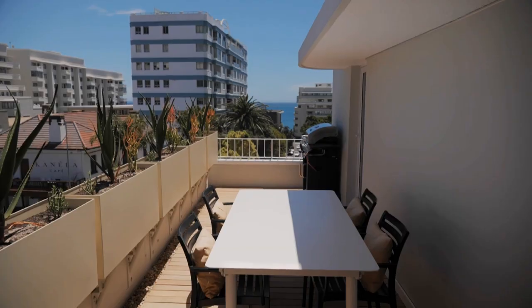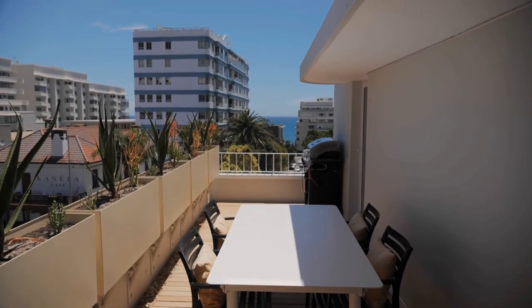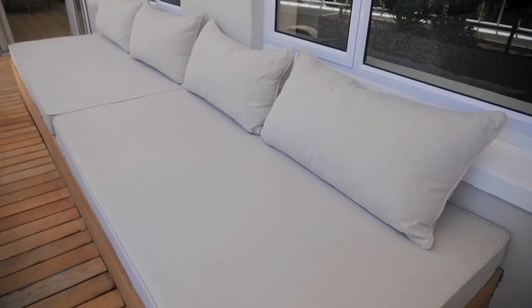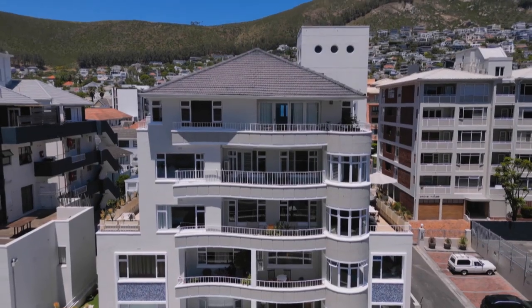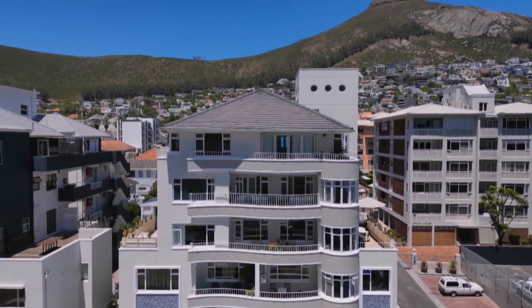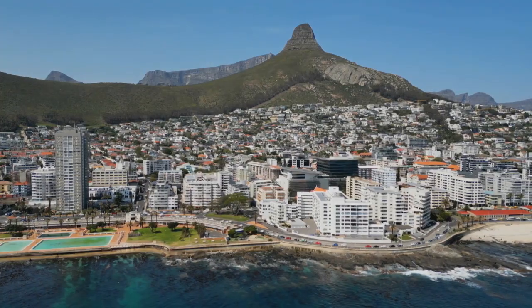From a selling point of view, people love outdoor space, especially if you're living in an apartment. You don't feel boxed in. You can breathe some fresh air if you need it. This apartment offers that. And apartments like these are only increasing in value, says Private Property